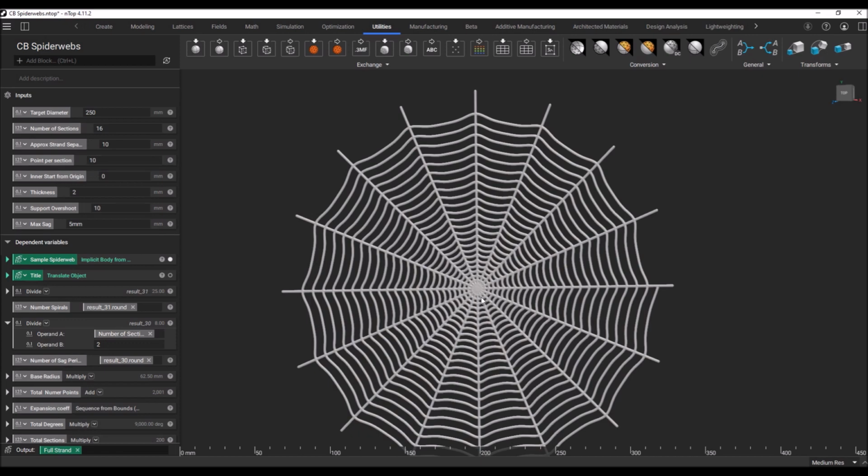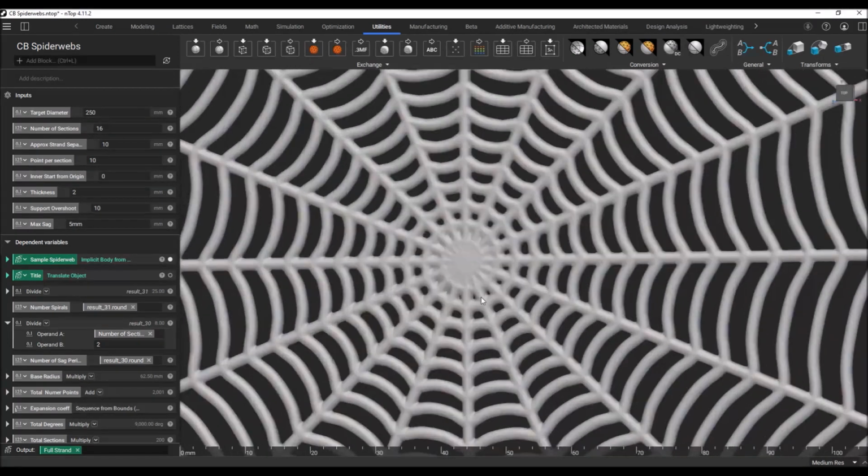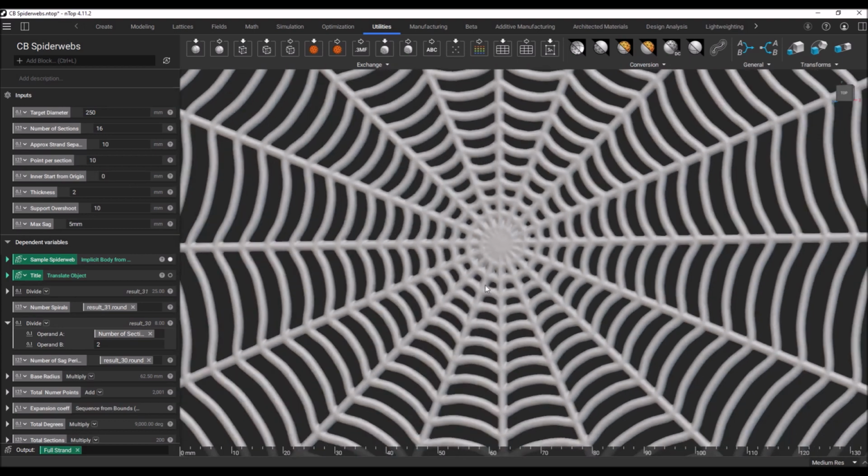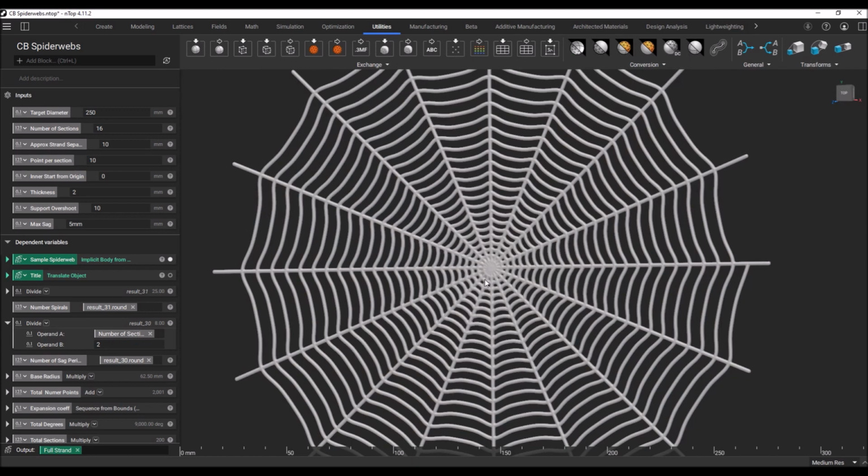Inner start from origin. If you zoom in really close here, you can't quite see it, but this spiral actually starts right at the origin because, as you can see, it's 0 millimeters from the origin. If you wanted to create a little bit more open space in the middle, you could set that a few millimeters to the side, and then the spiral would start not quite at the origin, and maybe you wouldn't get quite as much dense